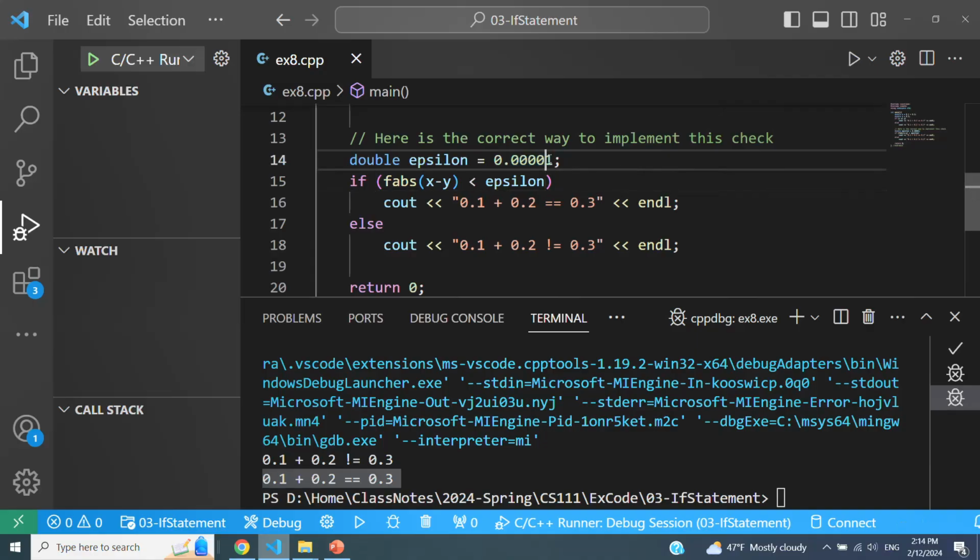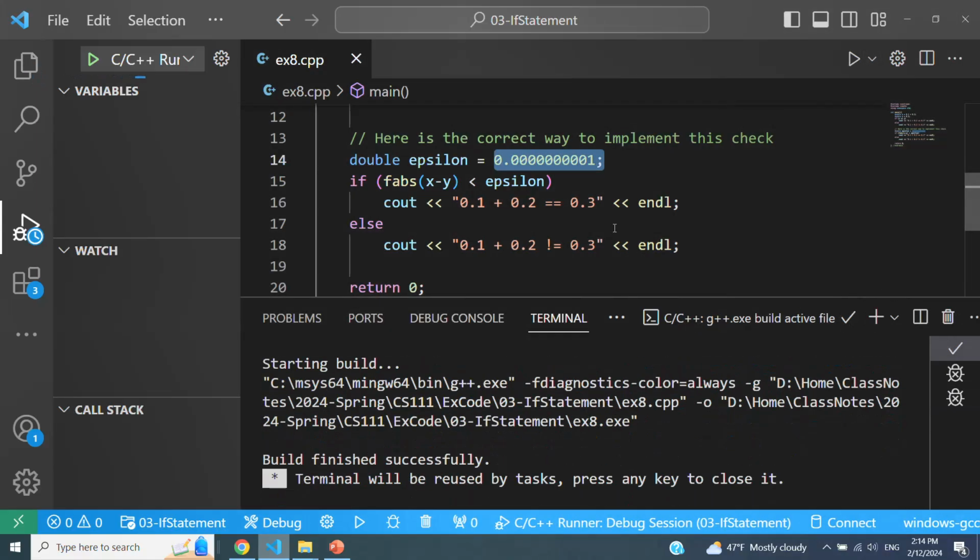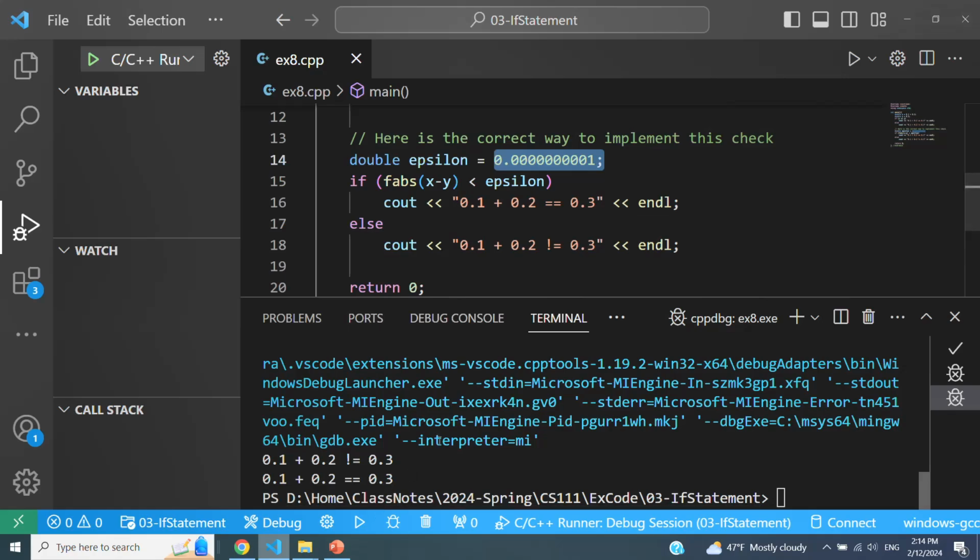So if you make it more precise, I'm going to assume that they are equal only if the distance is less than this. Maybe it's still going to say false. So let me run this. I really don't know what's going to come out of this. It's still coming to be true. So bottom line, you do not compare two floating point numbers using the equality and not equal to operators. That's wrong. You should always compare them using this method.